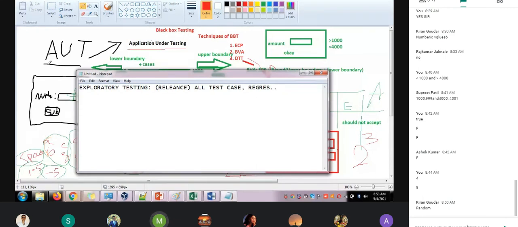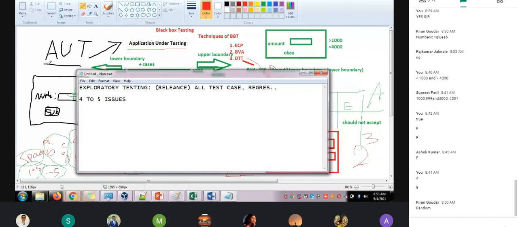If he needs any info, like if the product needs to be sent to WhatsApp, he will go and check each and everything. So 100% I can assure that in exploratory testing you will get results for things you have not tested. Are you getting? After exploratory testing, you will get around 4 to 5 defects, or I can say 4 to 5 issues.